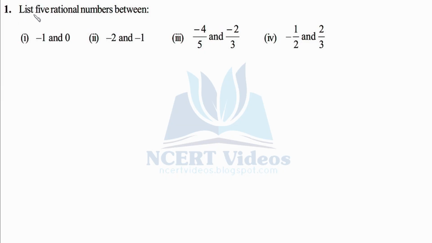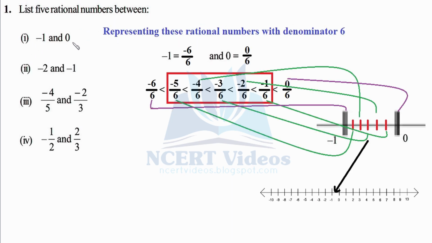Question 1. List 5 rational numbers between. First is -1 and 0, second -2 and -1, and so on. First, -1 and 0. So first of all, we'll have to represent these integers, or you can also call them